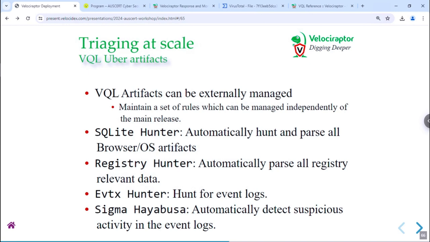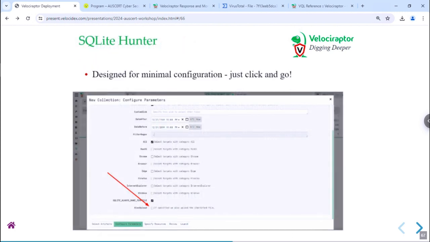So we have a number of examples here of these artifacts. If you only take one thing away from this workshop, it is that now your job as investigators is even easier because you're just going to be collecting these 3 or 4 different ones, and you're already halfway through your job, right? Because they will give you all the leads you need. So these are the ones we're going to talk about today. The Sqlite Hunter, which automatically hunts and parses all browser or OS artifacts, mostly Sqlite files, but now also other files. Registry Hunter, Evtx, and Sigma. So we're going to go through them,